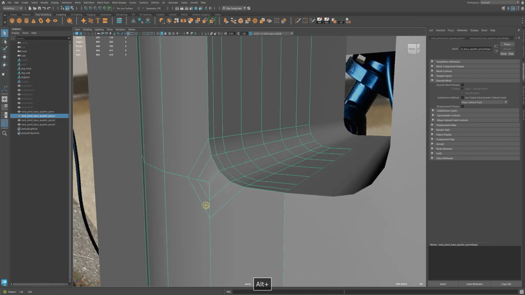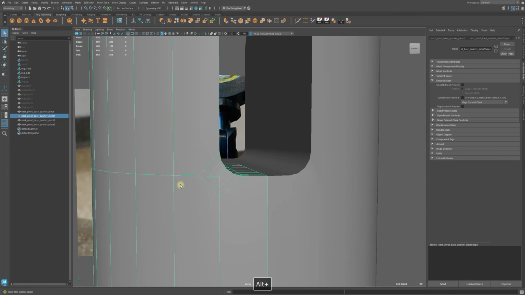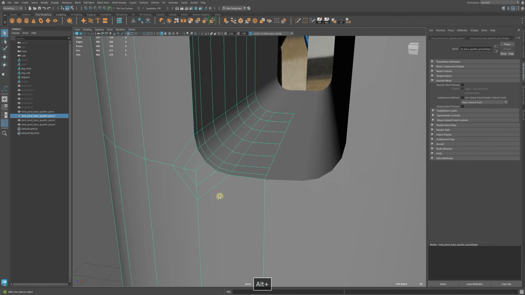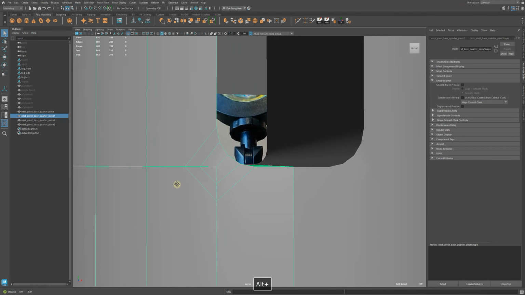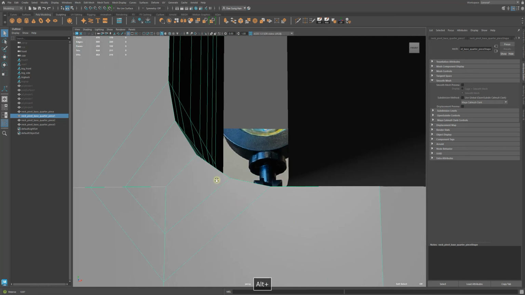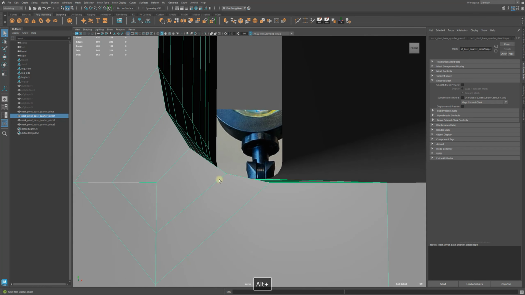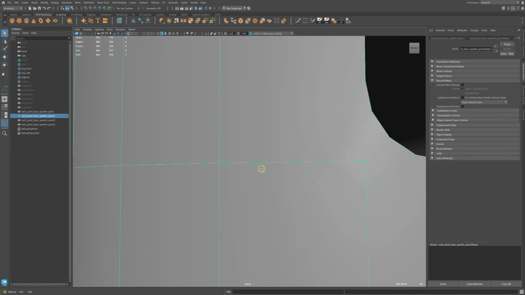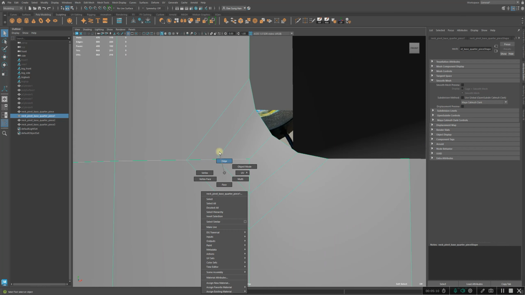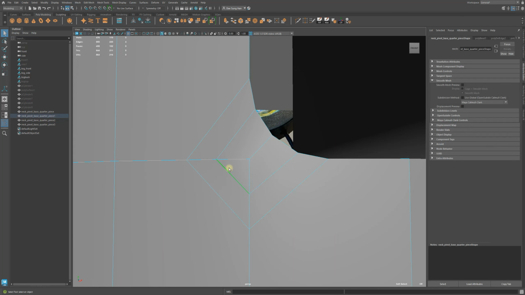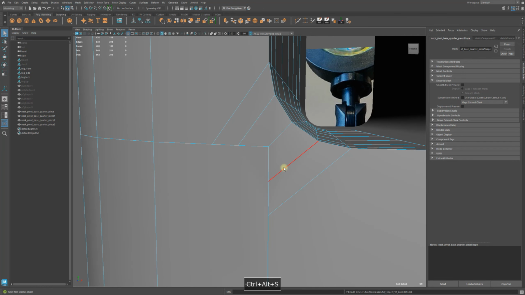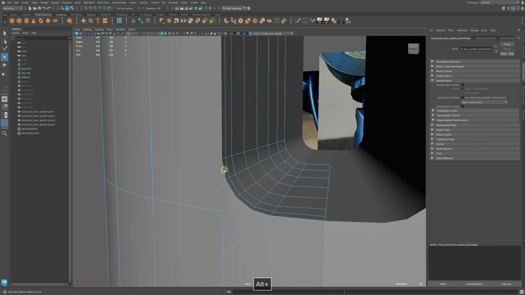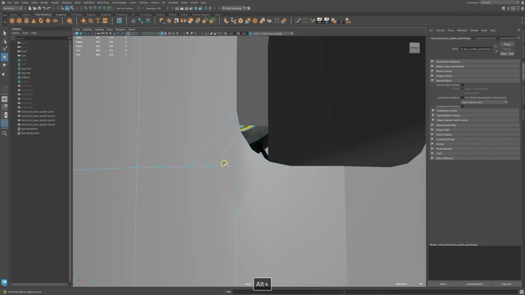So from here, oh god, I'm going, what am I gonna do? Right click, edge, let's delete that. Also just select and press delete. We'll do an incremental save. And then